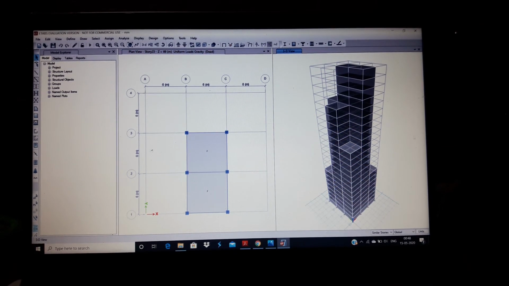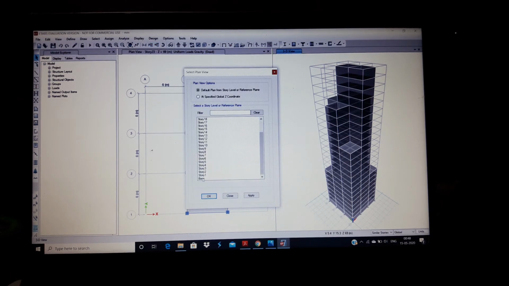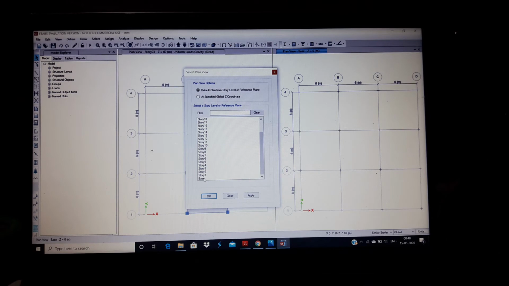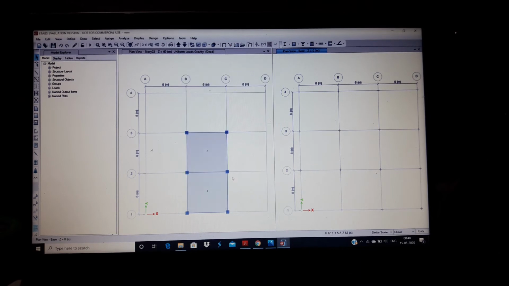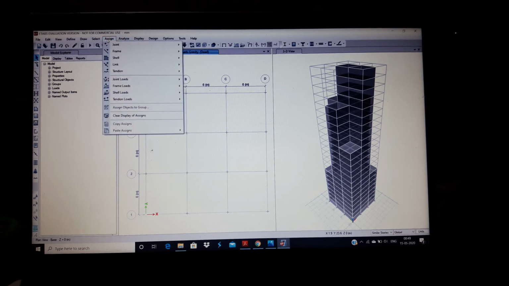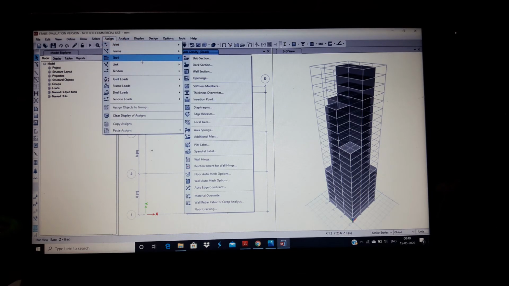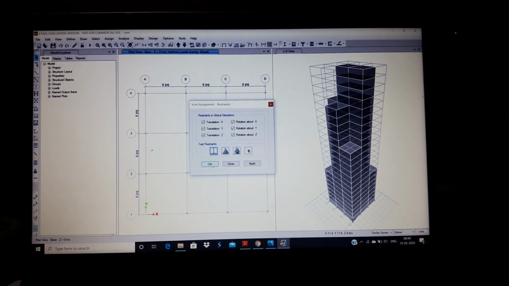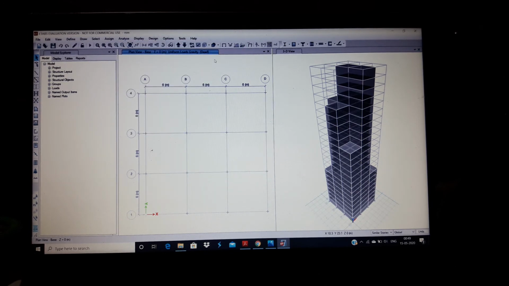Now go to story 0, plan, base, and then select all these joints and then assign joint restraints and then fixed joints and then apply it to all the joints.